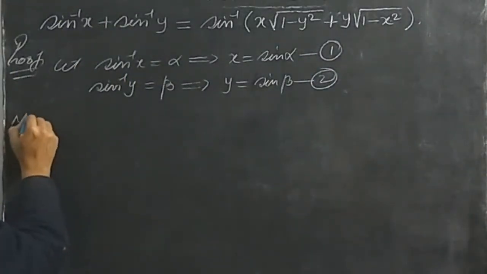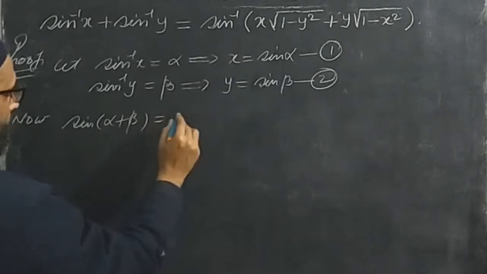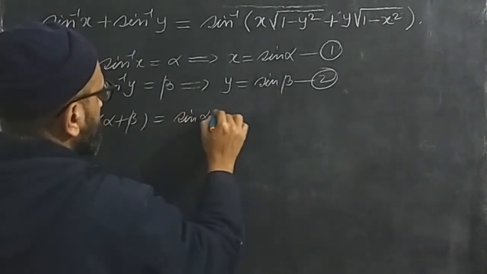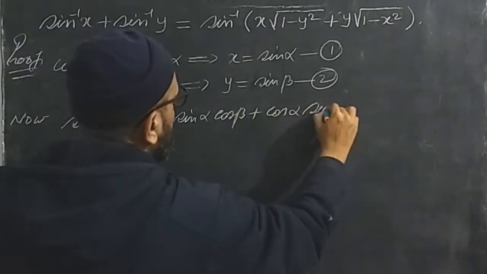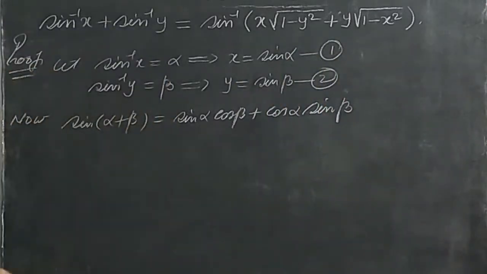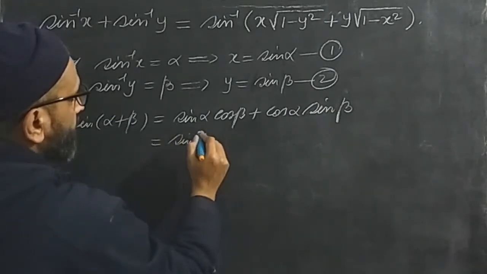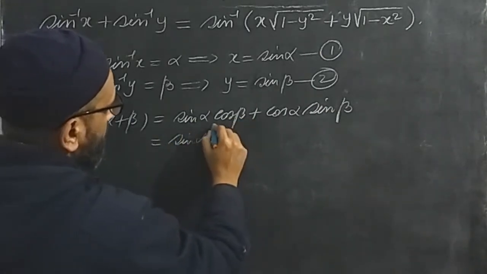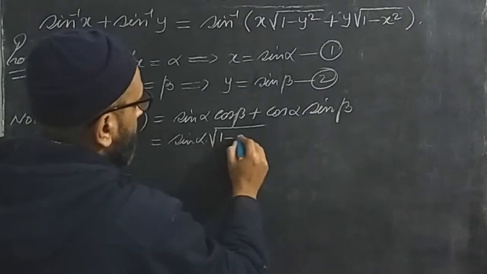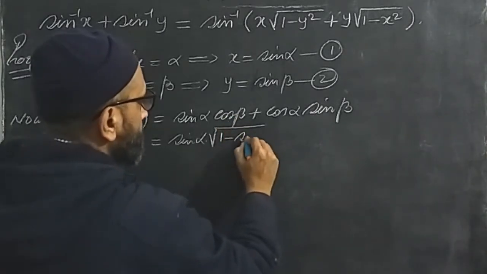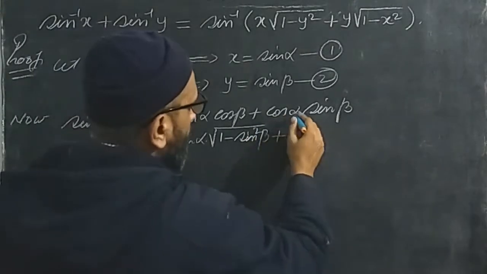Now, as we know the formula of sine alpha plus beta is equal to sine alpha cos beta plus cos alpha sine beta, and this may be written as sine alpha as it is, and cos beta may be written as under root cos square beta, and cos square beta may be written as 1 minus sine square beta. So cos beta may be written as under root 1 minus sine square beta,